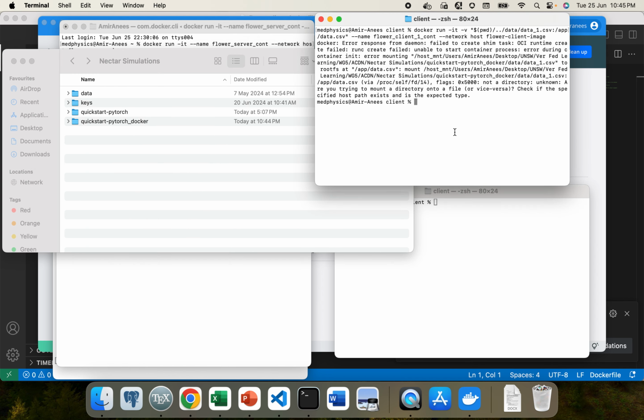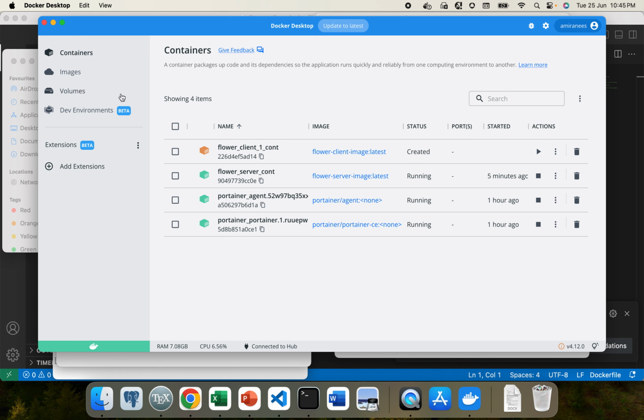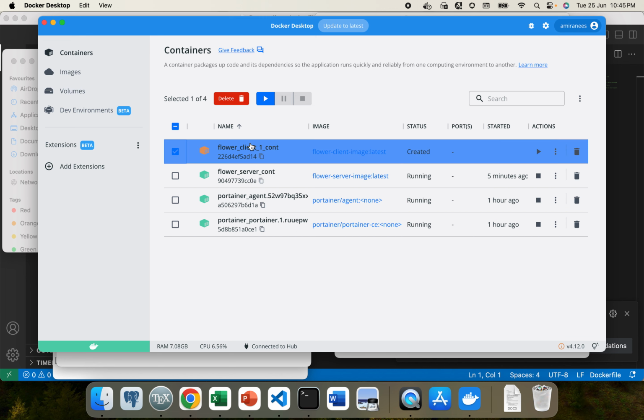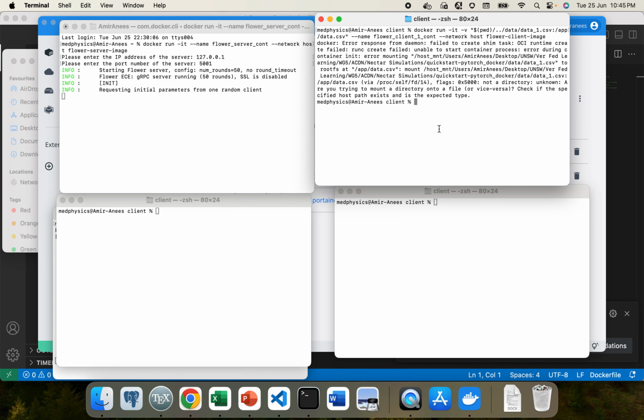Because we have created this container with the name flower_client_1_container, we need to delete that before we can recreate this one. So I'm going to select this from the container tab, delete this, and go back to this terminal, and update the directory for the host one. I believe we need to go one more directory up. So running this,